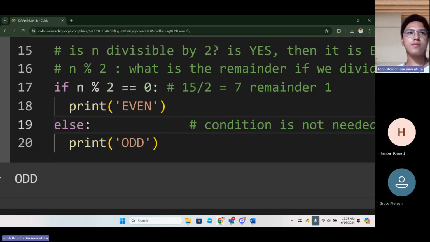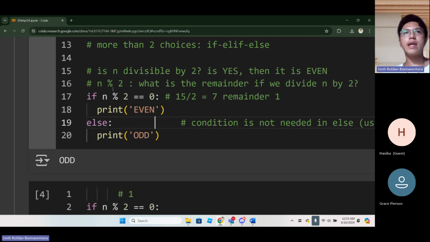In this part, we are testing if n is divisible by 2. To say that n is divisible by 2 means that if we divide n by 2, the remainder should be 0.